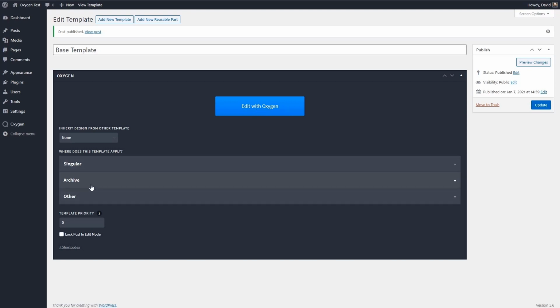You don't just have to apply them to posts or pages or archives. You can create a partial template. For example, if you had an email sign-up form you wanted to use on multiple pages or multiple templates, you could create a partial template that you could reuse in multiple other templates. Okay, so when we edit with Oxygen,